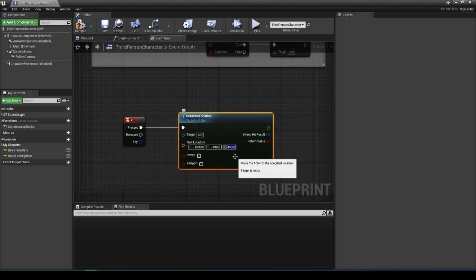Now that we have it programmed, I want you to know how this works. This white line, connected to the white pins, determines execution flow. When you press the X key, the event sends a single impulse down the Pressed execution pin. This means that whatever is connected to this pin, each node down the execution line will be executed one after another. You can connect the next node here and it will be executed right after the Set Actor Location. The same thing happens to the Released execution pin when we release the X key,